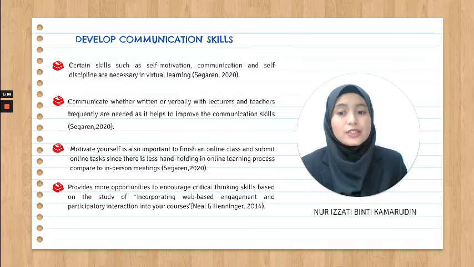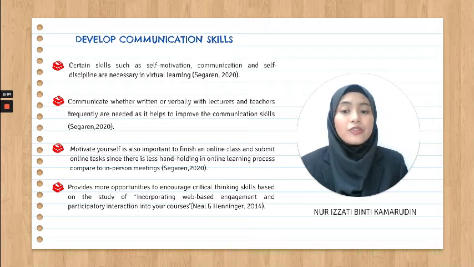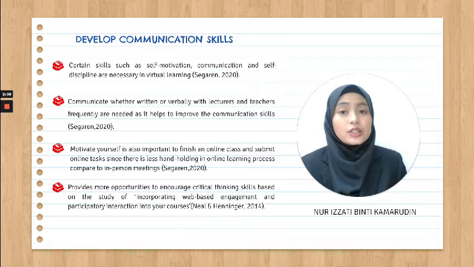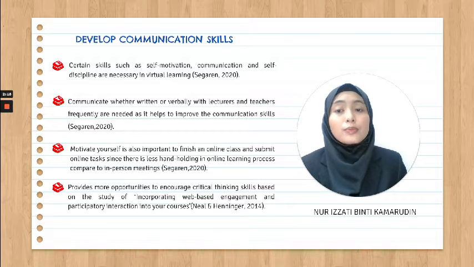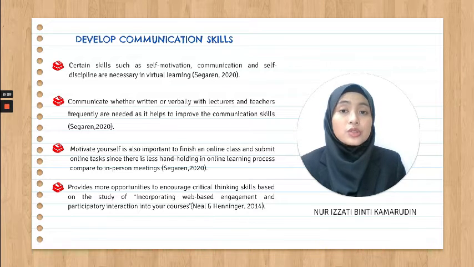So the last one is that it provides more opportunities to encourage critical thinking skills, based on the study of incorporating web-based engagement and participatory interaction into your courses. This means that online learning helps us to develop our communication skills by providing more opportunities to encourage our critical thinking skills.